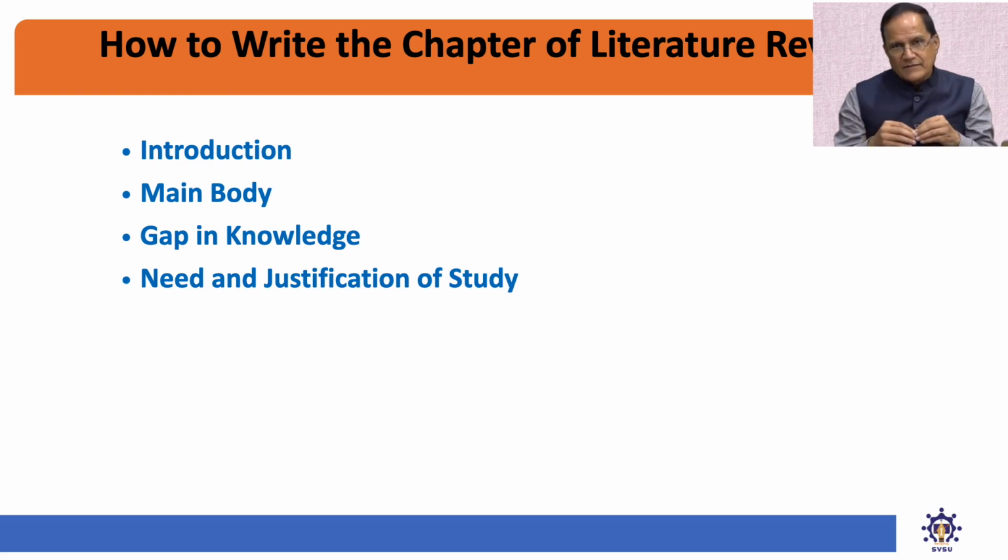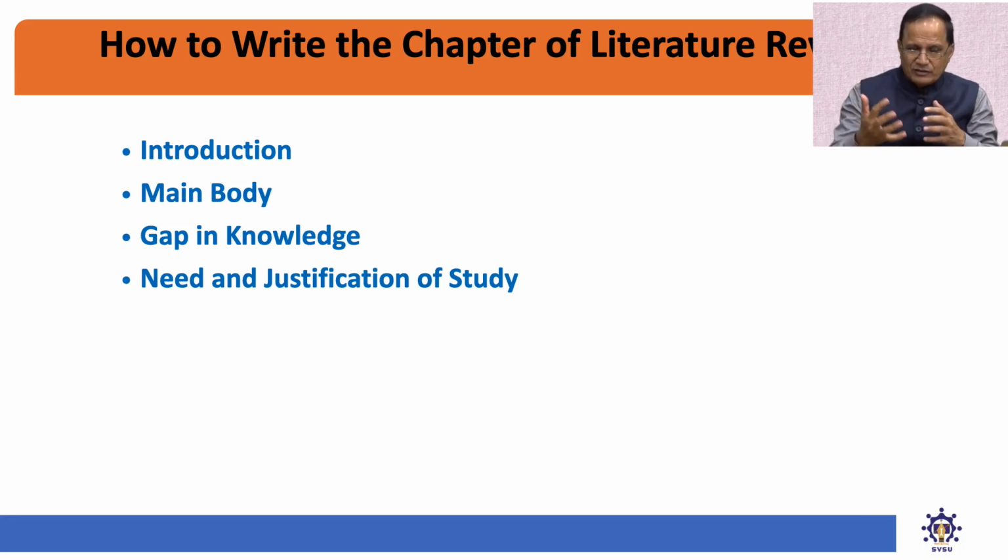And then moving to the main body of the chapter, there we will go either factor wise, variable wise, or chronologically, that will be decided depending upon the type, nature and size of the research,